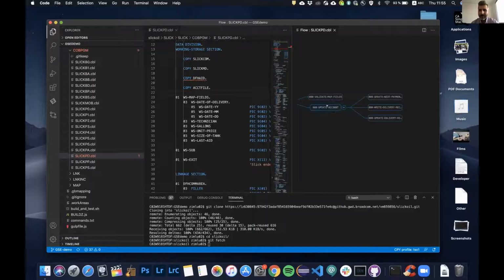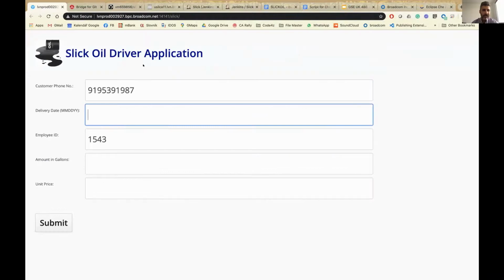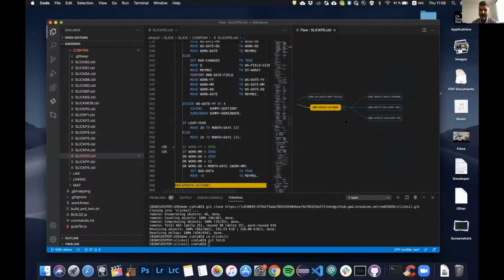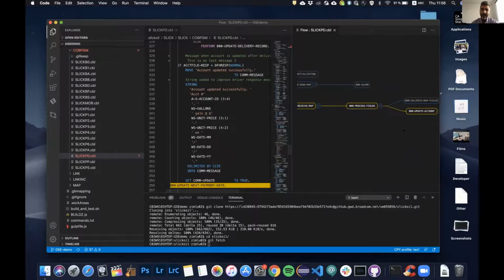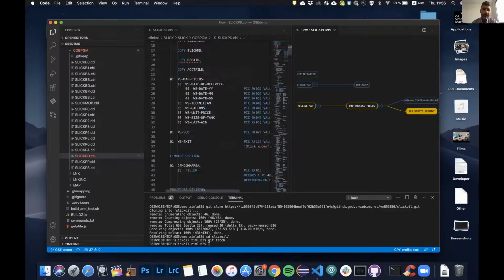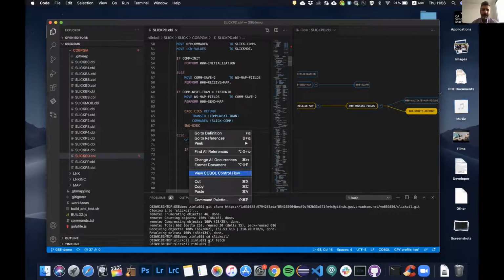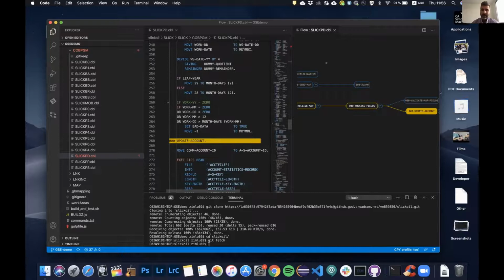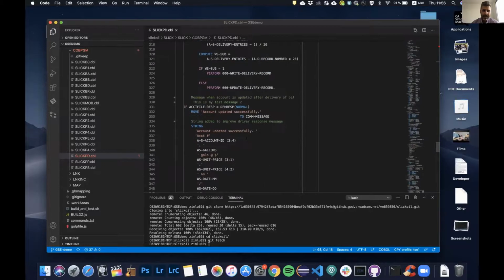In this case, I want to update the account. If I go back to the application, this is something that sounds like it updates the order, right? So probably I would like to go in this area. So if I click the node, it will bring me to the very place where I want to go. It actually works the other way around. If I trigger it from here, it will generate the map with this node highlighted. But in this case, I want to go here. I don't need COBOL control flow anymore. So I will close it, and I see that